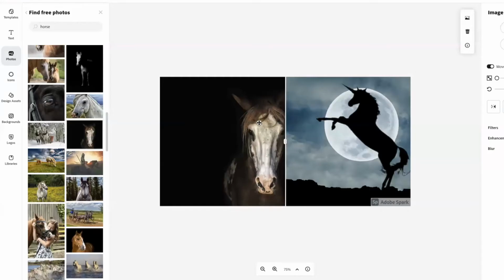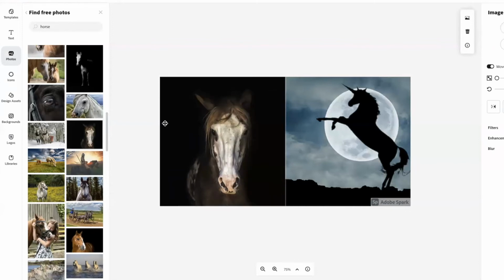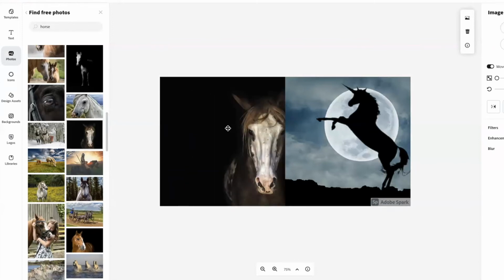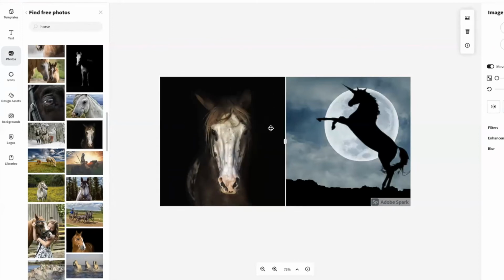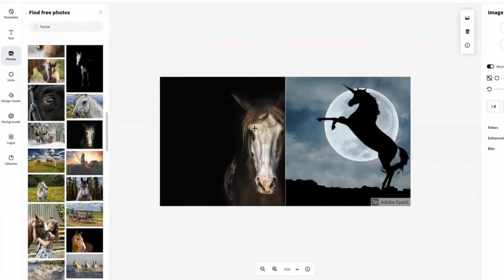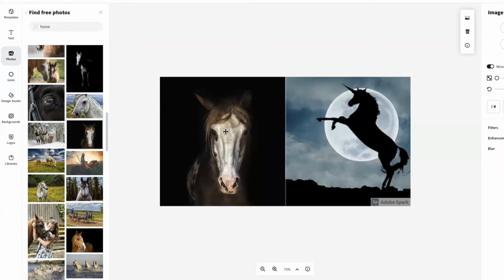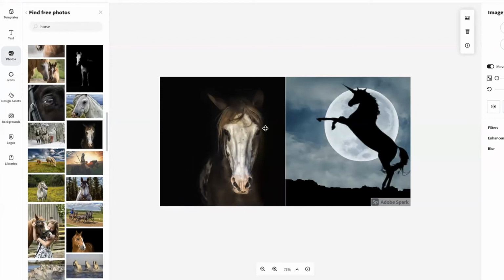Okay. But you'll notice when I try to create some space between, I click and I drag the photo, it doesn't go as far over as I would like it to go. Do you guys have that same image? So it only goes to the center. So what we can do is we can move it over to the right